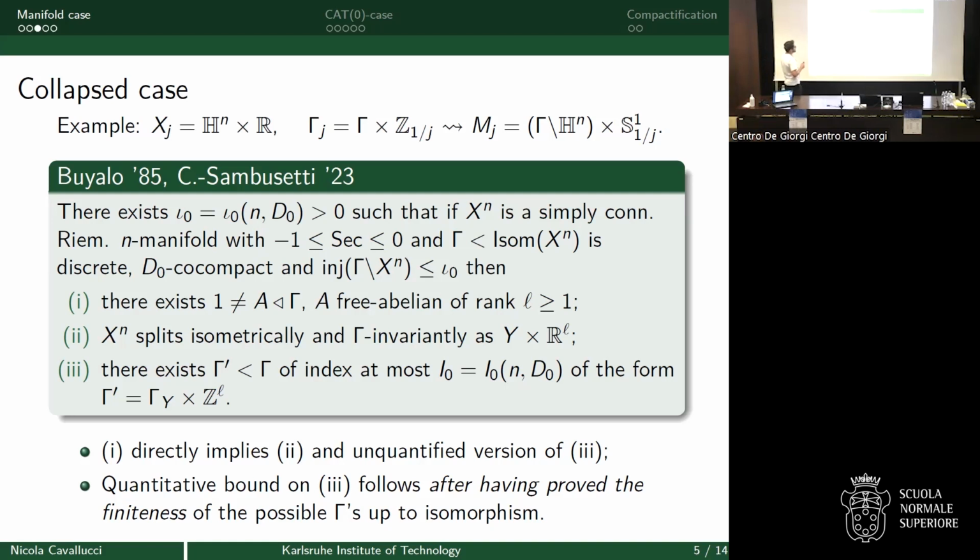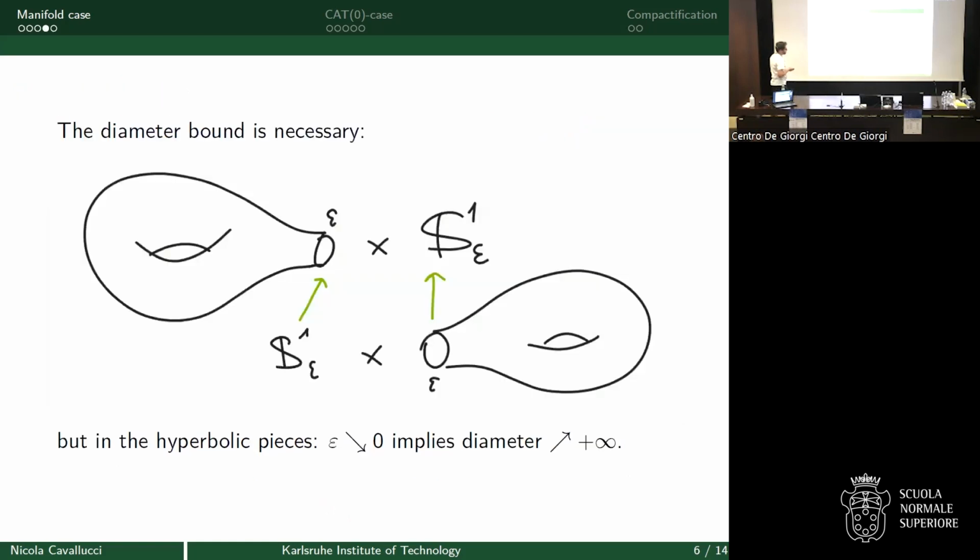Now, why is uniform compactness needed? Because we have this example. This is the prototypical example of a graph manifold. You take a hyperbolic manifold with boundaries of length epsilon, and you take the product with a small circle, another copy of it, and you glue the torus boundary by changing the order of the circles. What you get is one of our manifolds, but also here we have